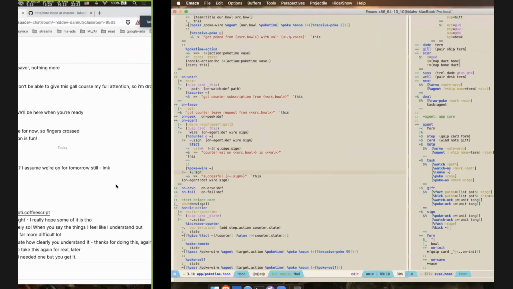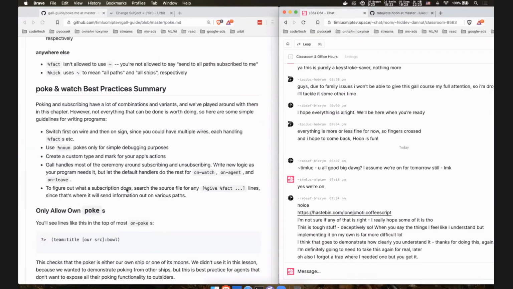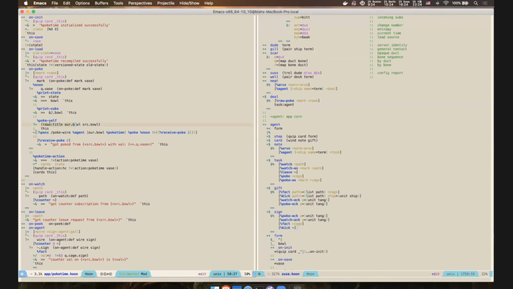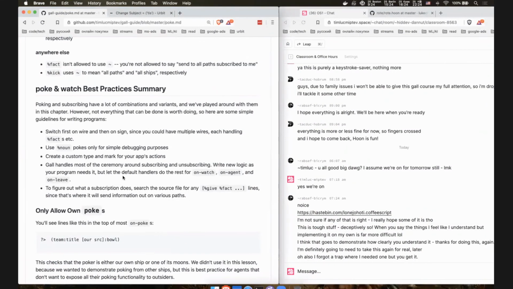Use noun pokes only for simple debugging purposes, and even for that, I would mostly use debug. But there's sometimes where maybe you want to just poke it. Simple debug would be you want to run some action in development, just kind of watch it happen. So you can use a noun poke for that rather than polluting the actions for your custom mark. Kind of like my random poke self stuff. Right. For anything else, like for real pokes that you want to accept, create a custom type and